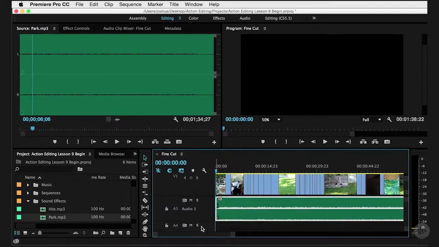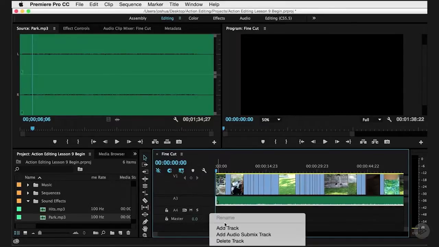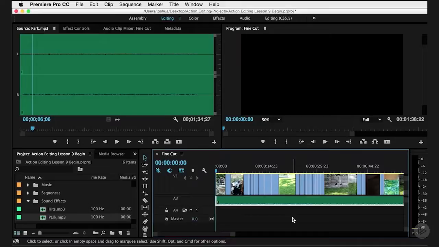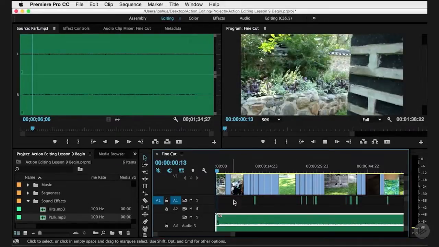There we go. And then we have this fourth track for music. If you had multiple tracks of ambient, you could have tracks A3 and A4 both as ambients. It's really easy to add another track. You can always just right click and add a track and make it an audio track. So the way this is starting off right now,